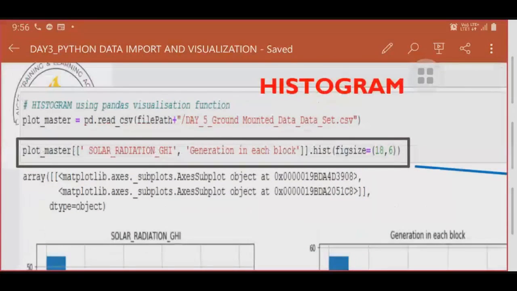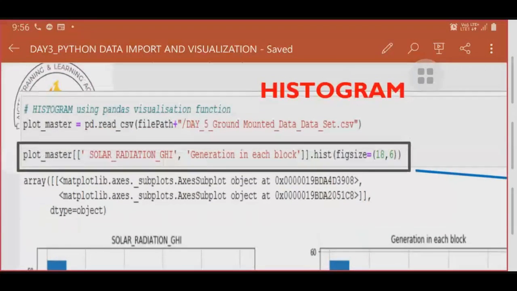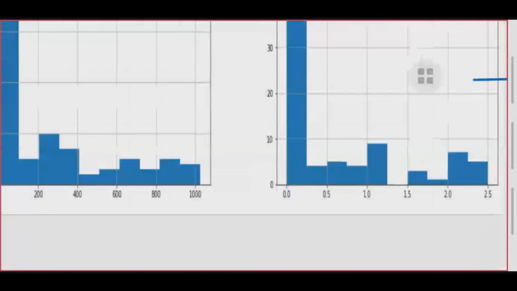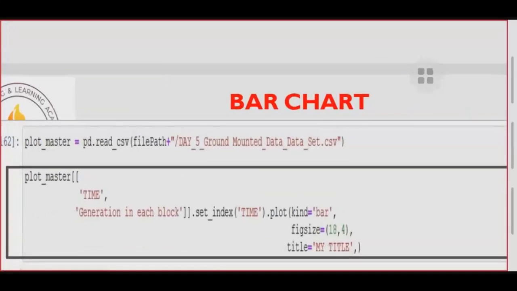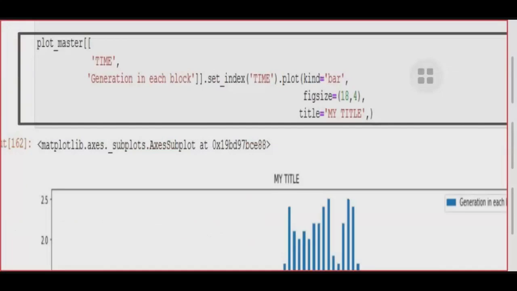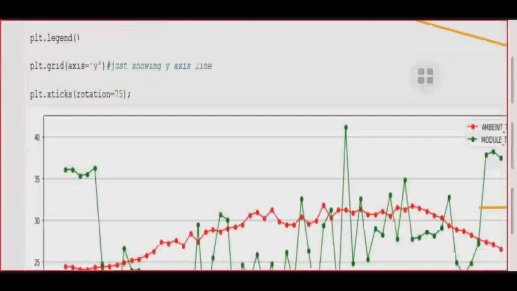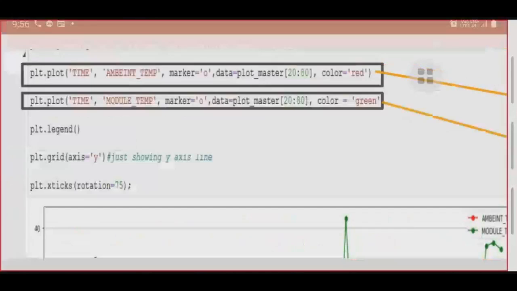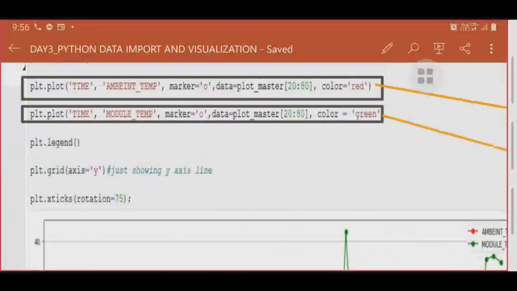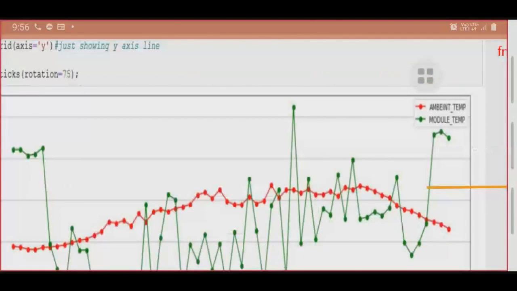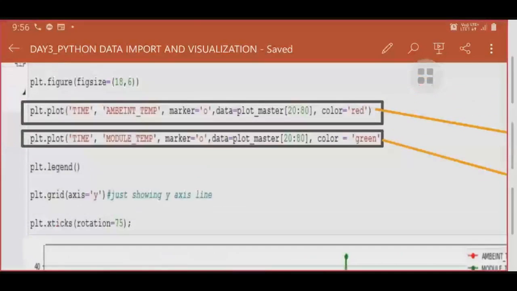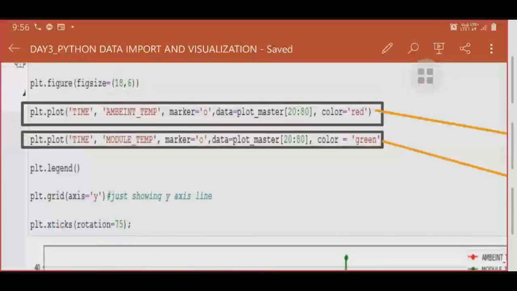See here, then plotting a line on a graph. This green line and this red line. See, plot.plot between time and ambient temp in that CSV file.